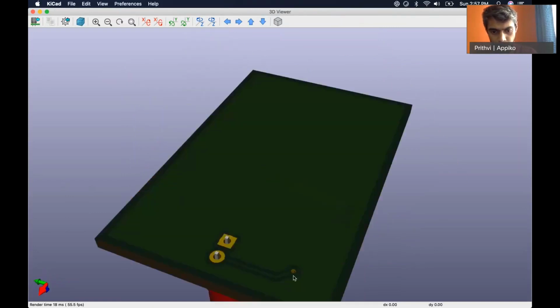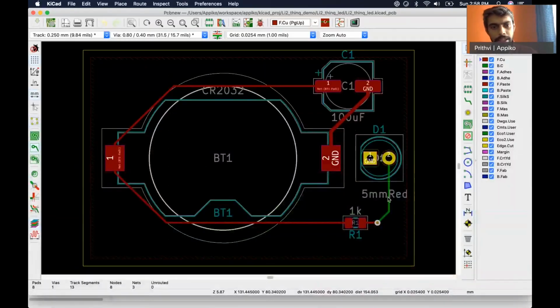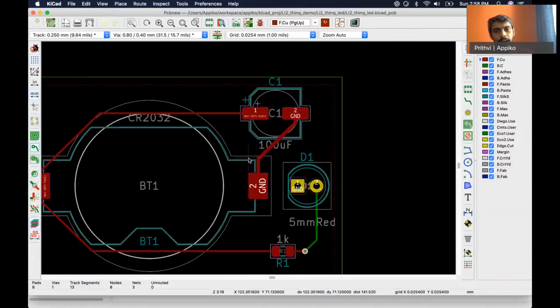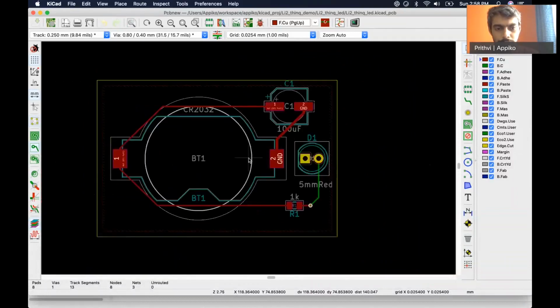But in practice, you need to put all the tracks on the same side. And wherever there is a component present, you can add vias for ground so that there is a short path to the ground on the other side.